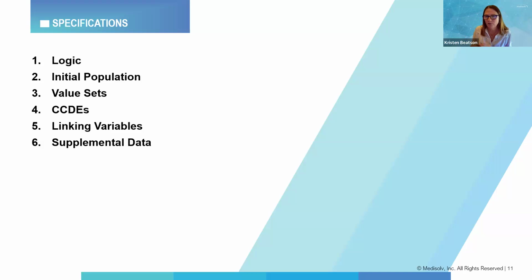There are no exclusions as based in the specification itself. If you're familiar with what CMS is doing with the hybrid measures, and maybe you participated in the voluntary reporting years previously, all of the other details, there are some exclusions, like if the patient expired, those are applied after the claim is received, after the QRDA file is received by CMS. So within the CCDE data collection process, there's truly only that initial population and then the evaluation of those patients to see if those CCDEs were available to them. Next slide.